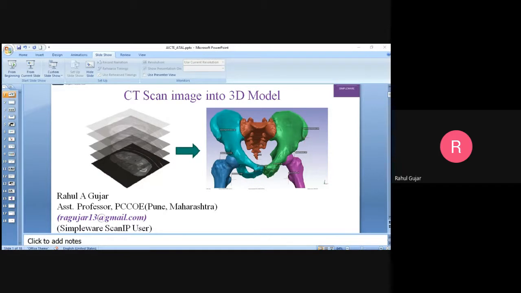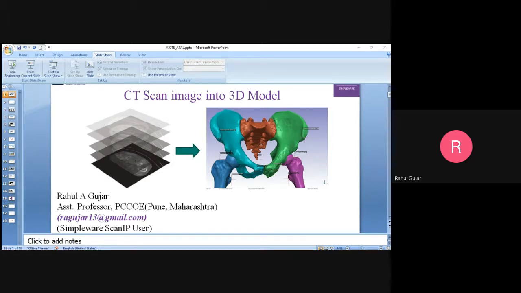X-ray will not give you that much depth of detail about the organs you want to scan. But CT and MRI will give you in-depth details about the human organs you want to study. Still, there is a basic difference between CT images and MRI images.